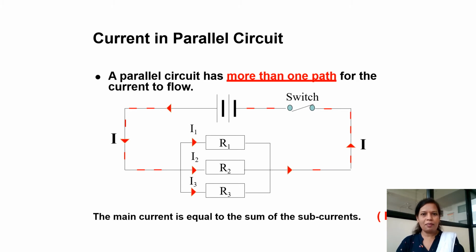This is a circuit diagram which includes three resistances R1, R2, R3 which are connected in parallel with a DC source along with a switch. When the circuit is energized by the DC source and the switch is closed, the current generated by this DC source flows through the circuit because the circuit becomes closed. Now this total current generated by the DC source will be divided into three parts because there are three resistances. Therefore, these three currents are I1, I2, I3 and the total current flowing through the circuit is equal to the addition of all these three currents.